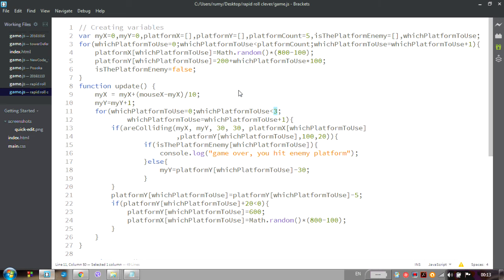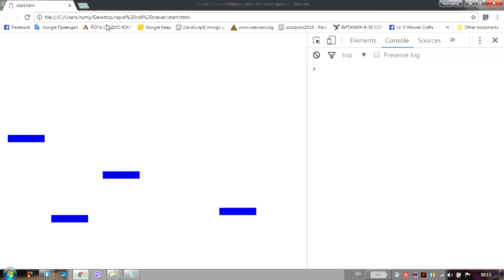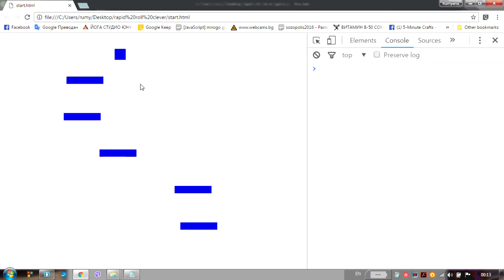So please try to use a variable everywhere instead of a magical number in your code. I'm going to start with this 3 and change it to platform count, and immediately everything looks much better now,